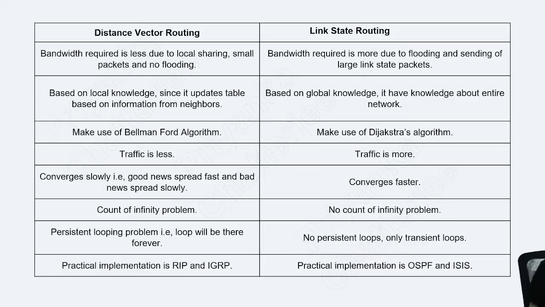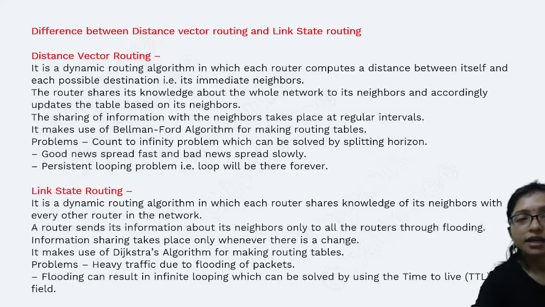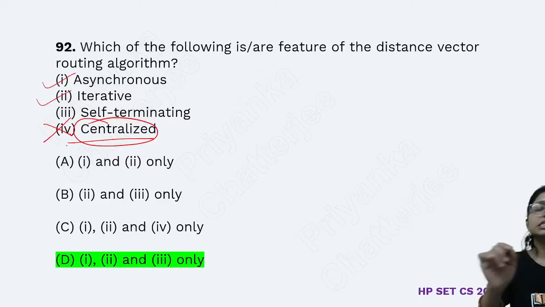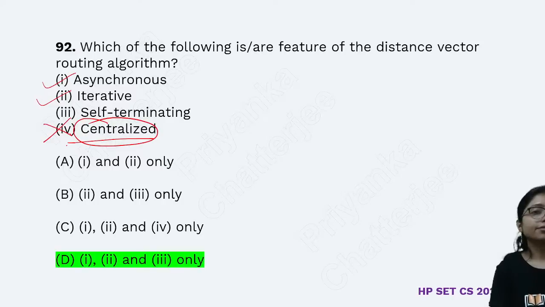So that's why distance vector works with Bellman-Ford. Distance vector gets knowledge about the neighbors only. It doesn't have knowledge of the entire network. Just now you saw the question here: which one is centralized or not? Distance vector routing is not centralized, because it has knowledge only of the neighbors,